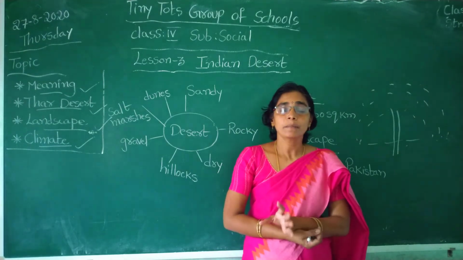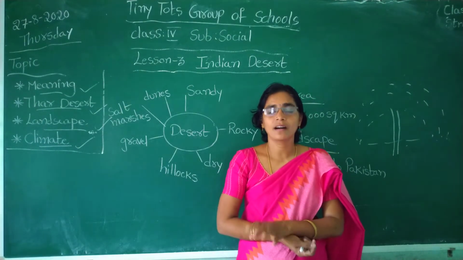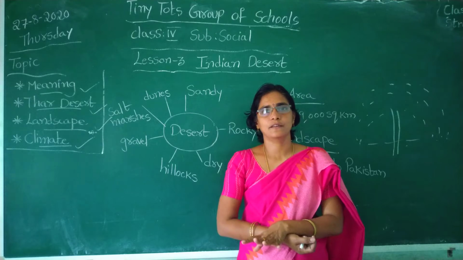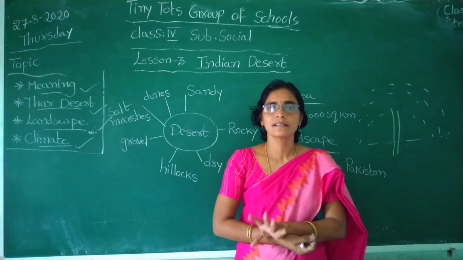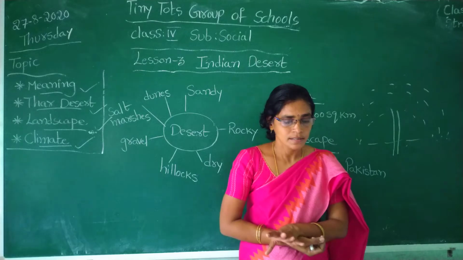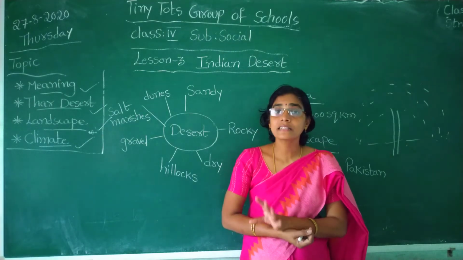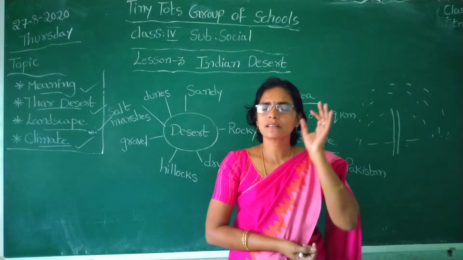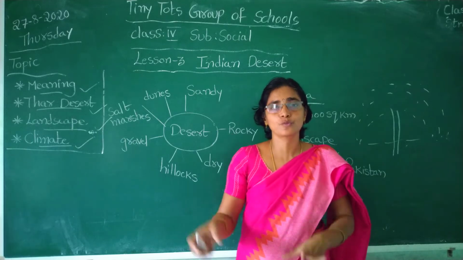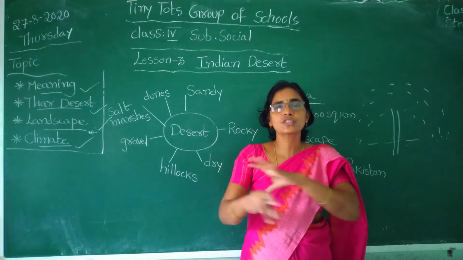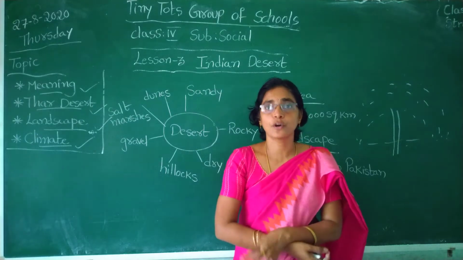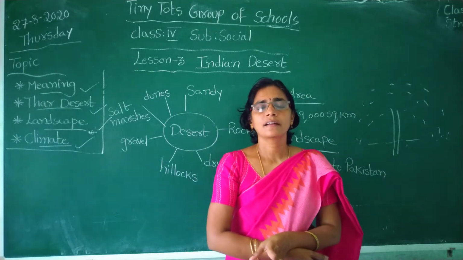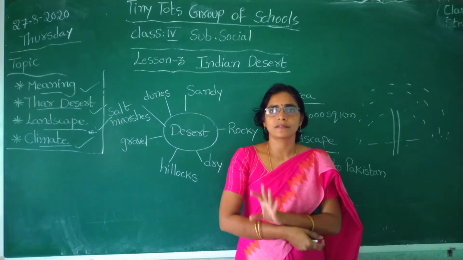Desert regions remain hot and dry throughout the year. There is no rainfall or very less rainfall. And during summers, the days are very hot and the night time is cool. The night time is pleasant. The days are very hot. If we go through the desert, we will get burns, bubbles all over the body. We can't bear the heat. So days are very hot and nights are a little bit pleasant.